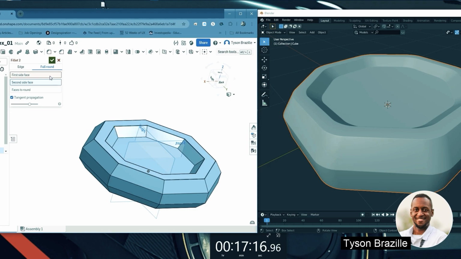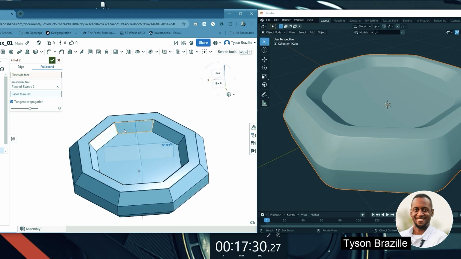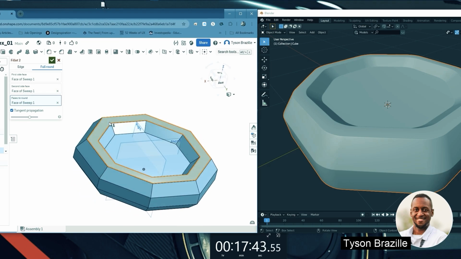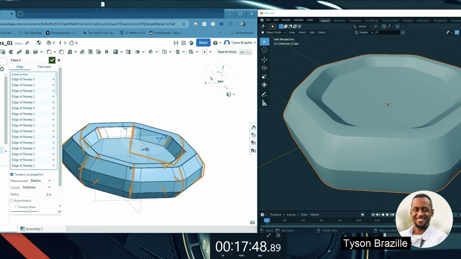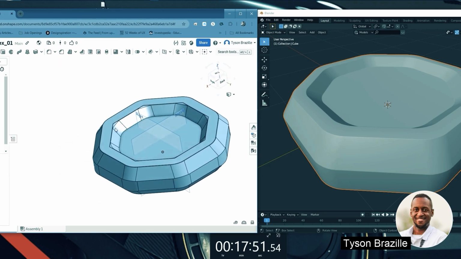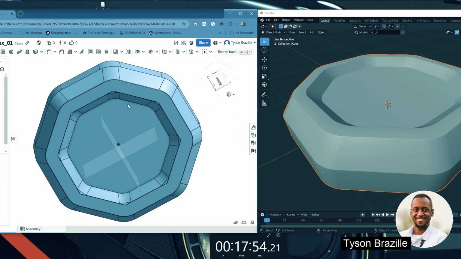Let's see here. First side, select the first side face and second side face, and more faces to round. I haven't really messed with this part yet, which is quite interesting. I don't really understand what's happening here. And then first round, it's just like, really, what do you want me to do? But anyhow, this is what I was going after. But as you can see, we're at 17 minutes, and it's like,